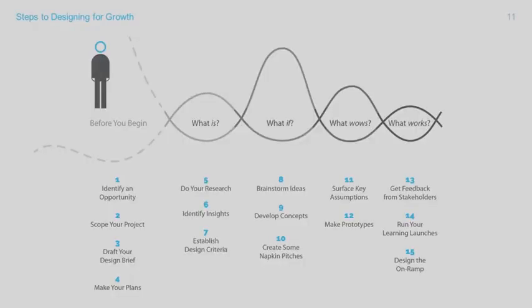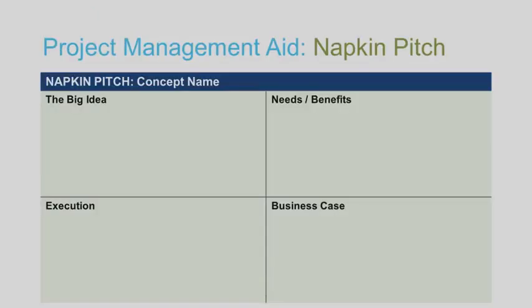So now we're ready to begin asking the question, what is? And figure out what does it take to do the research, step number 5, identify insights, step 6, and establish design criteria in step 7, and then look at how we move into what if and brainstorming to achieve a napkin pitch. We will capture our new ideas in the form of a napkin pitch, which is exactly what it